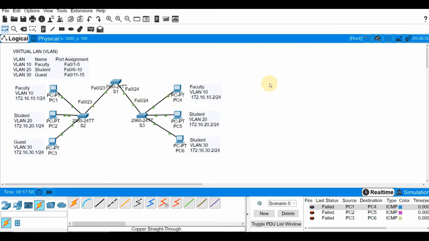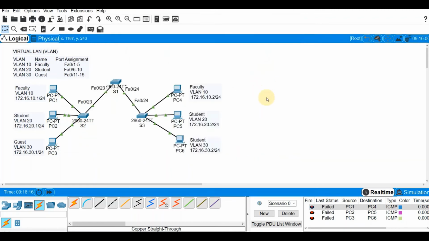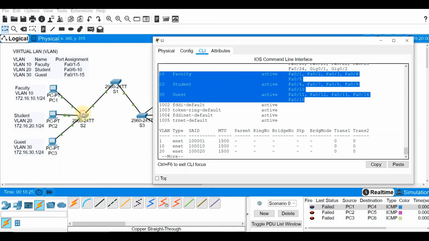Okay, so take note from the video lecture that we can configure it manually, or we can use DTP, the Dynamic Trunking Protocol, to set it between two switches. Okay, so between switch 1 and switch 2, let me use DTP here. And between switch 1 and switch 3, let me configure it manually. All right, so for switch 2 here,